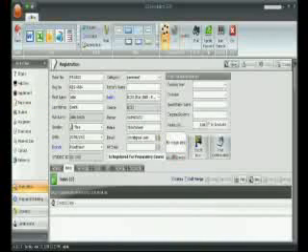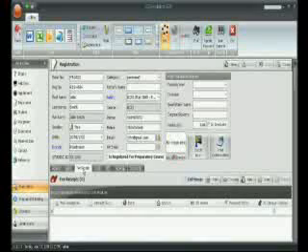Now we have saved a registration. And the registration details can be found here. The fees receipts can be located by clicking